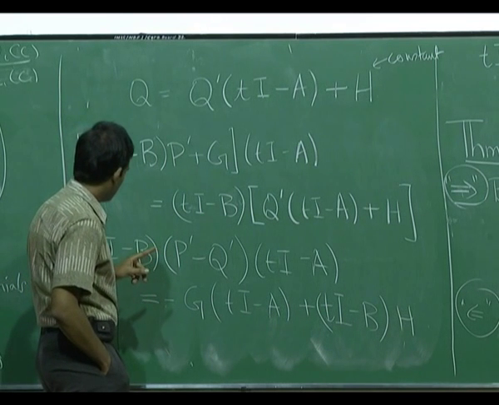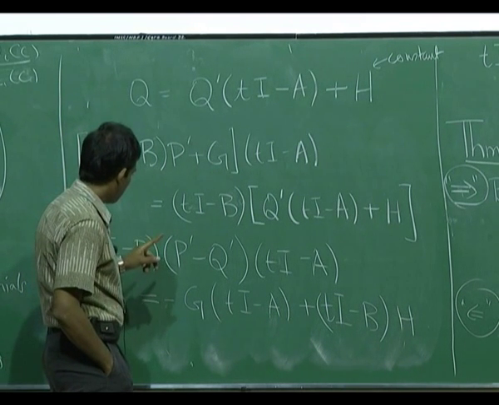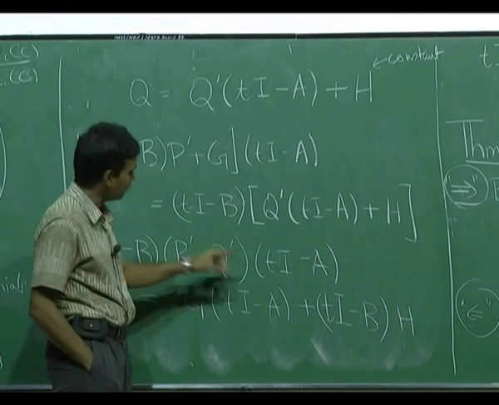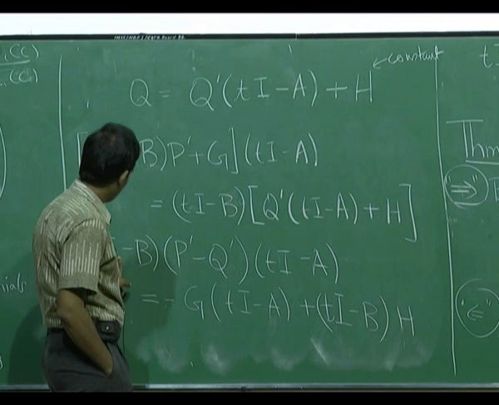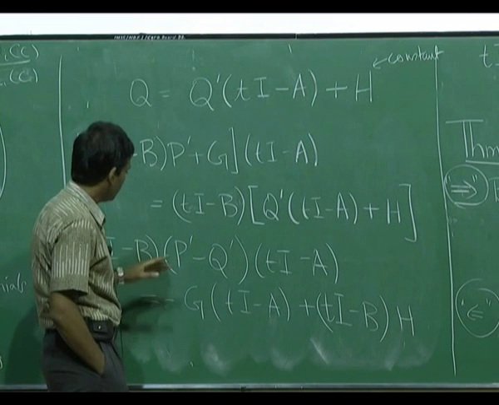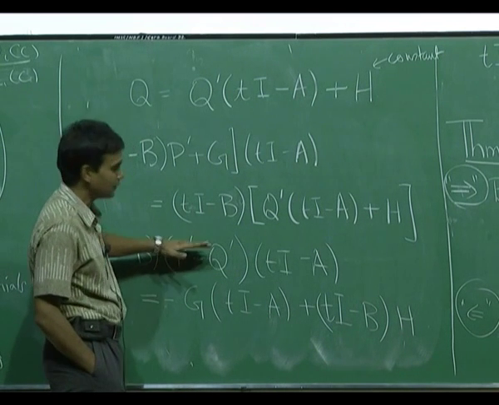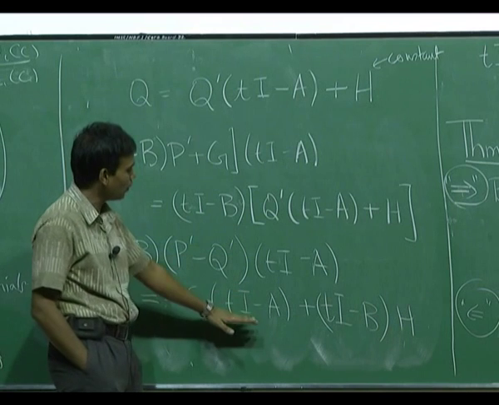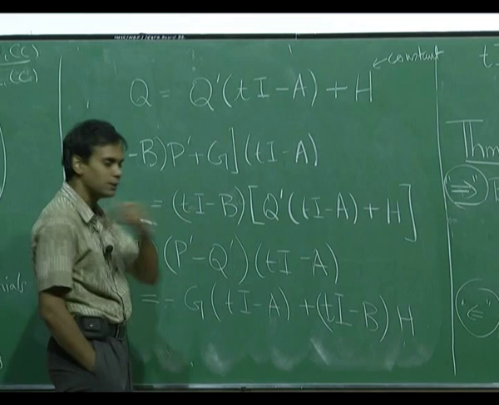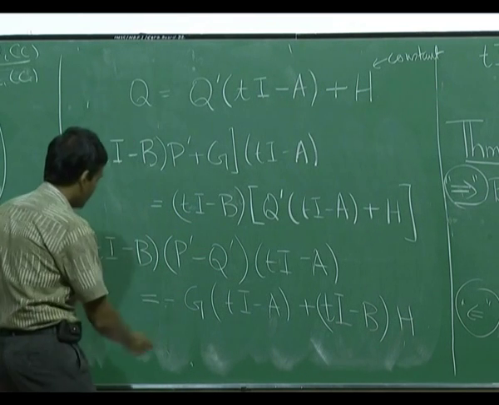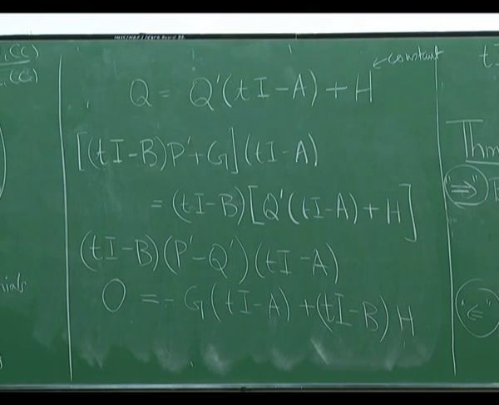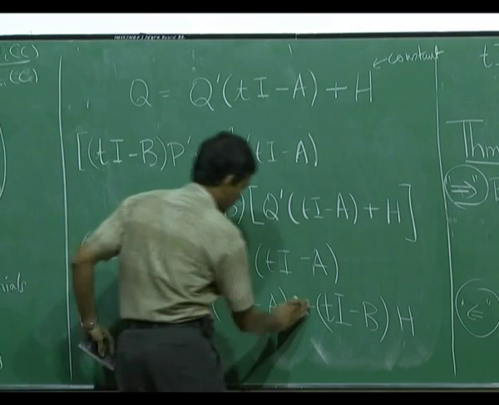But let's look at here. Suppose P prime minus Q prime has at least one non-zero entry. Then definitely there will be an entry here of degree 2, because you will have a t here and a t here. So here you have entries of degree 2 unless it is fully 0, but here all the entries are degree 1. So the only possibility is that both sides are actually 0, that means P prime is equal to Q prime. So what we get is that this fellow is equal to 0, which we can somewhat more fashionably write as this is equal to this,